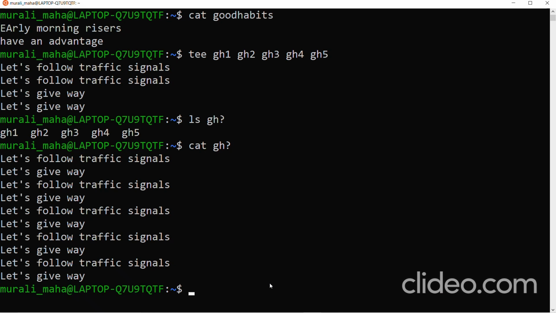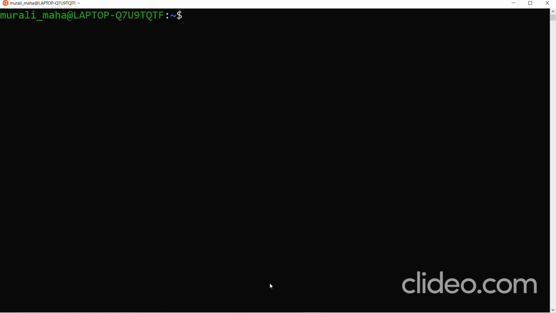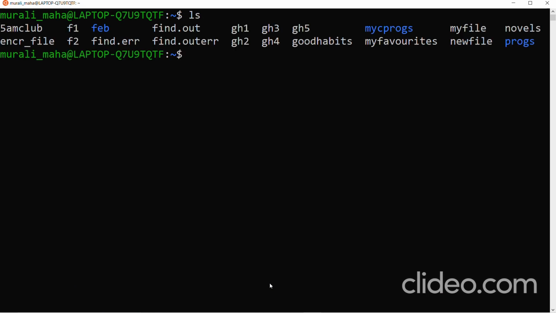Now let us look at an example wherein tee reads from the pipe. Tee can read from input redirection. Tee can read from pipe. Whichever command can read from keyboard, it can read from input redirection also. It can read from pipe also. ls pipe tee my file list 1, my file list 2. Two file names I am giving as arguments.